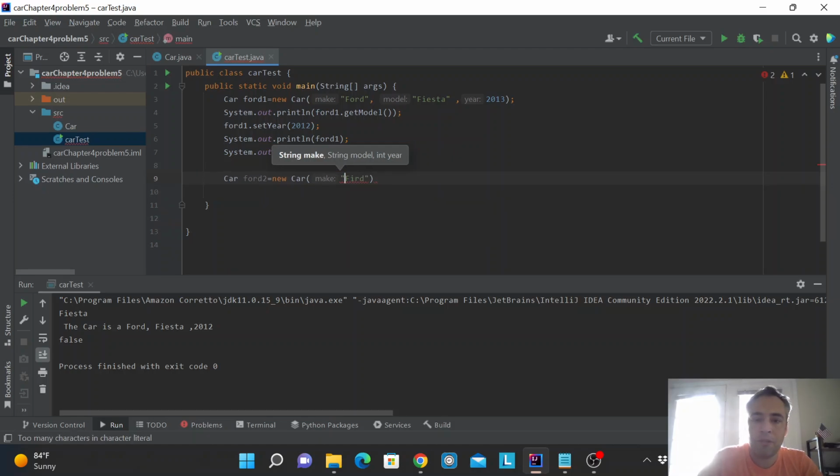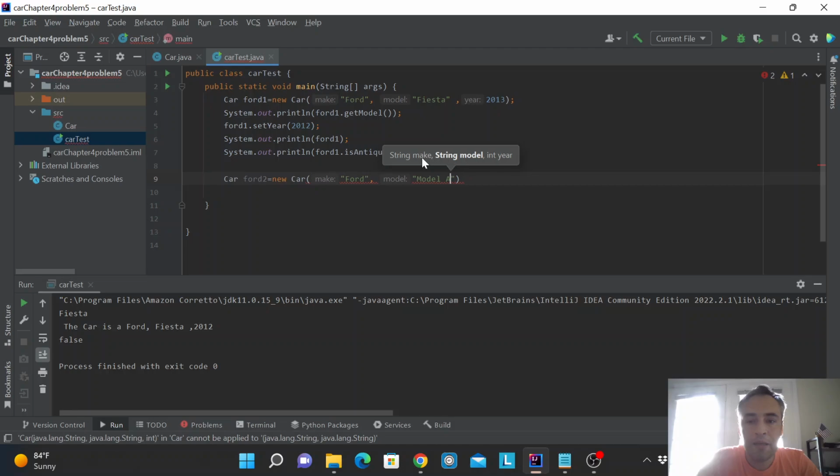Sorry, double quotation marks. And Ford and Model A. I think there was a Model T. I think there was also Model A. And if there wasn't, then feel free to laugh at me. Model A. And the year, let's say 1927. I have no clue if this data is actually correct, if such a model existed. Well, it has to be an integer now. And we can just